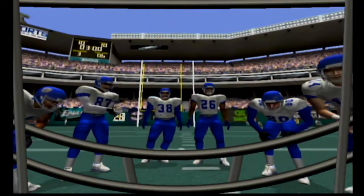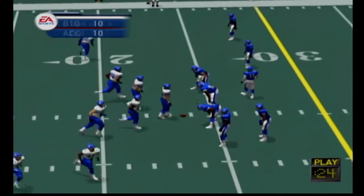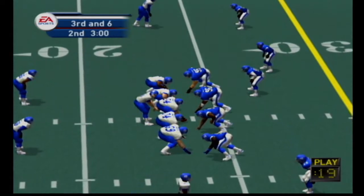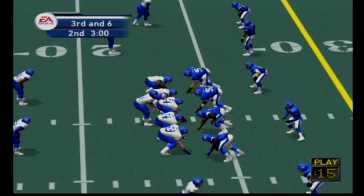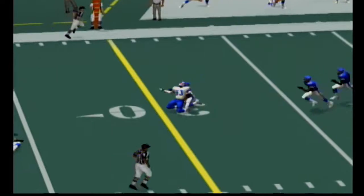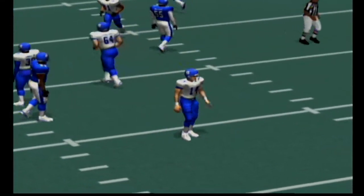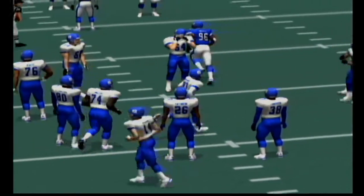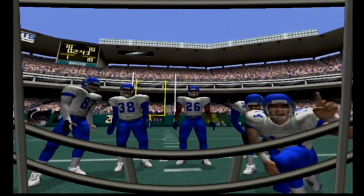High right, 21 on 2. 3rd and 6. Mohammed comes in motion. Greasy drops back with the pass. Mohammed with the reception. Mohammed can really create big plays. This guy's their big weapon on offense. Whenever they need a first down, they turn to him, and he just always seems to get open. Ace right, Y23 on